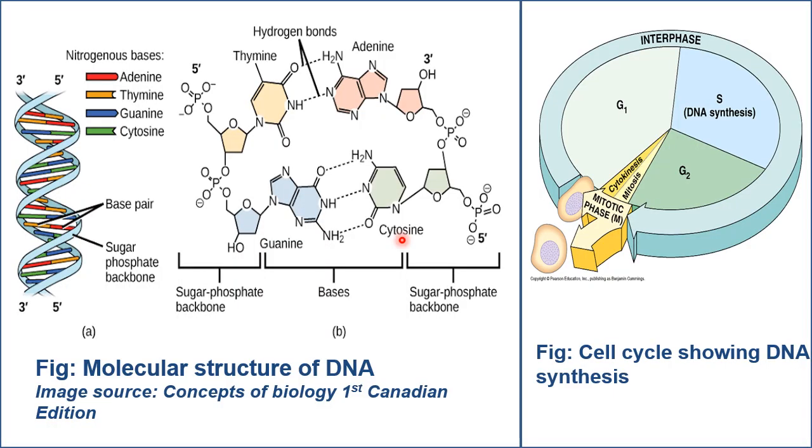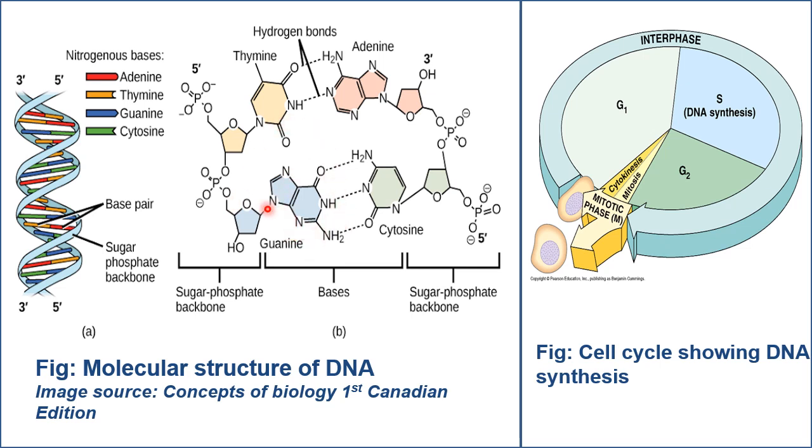Here I am putting two figures. The first one is showing the molecular structure of DNA. As we know, the DNA is a double helical structure in which 4 nitrogenous bases are there: adenine, thymine, guanine and cytosine. These 4 bases are held together by the hydrogen bonds in between. The bases are complementary to each other, that is, adenine will always bind to thymine with double hydrogen bonds and guanine will bind to cytosine with triple hydrogen bonds. That is, the DNA double helixes are held together by hydrogen bonds in between.